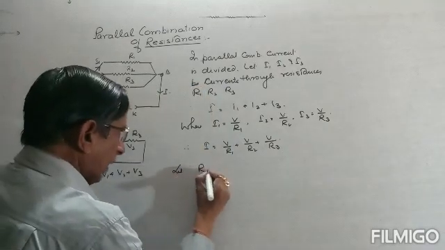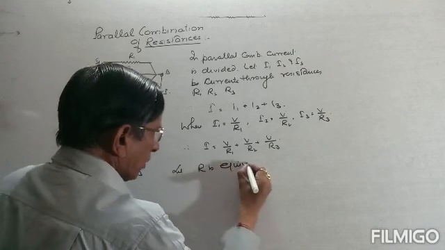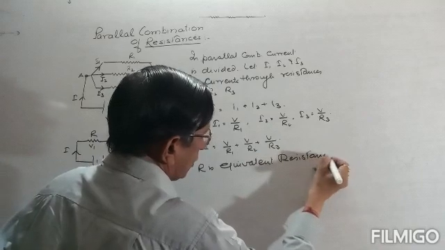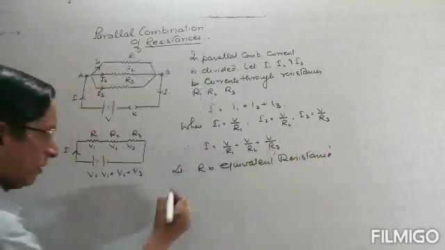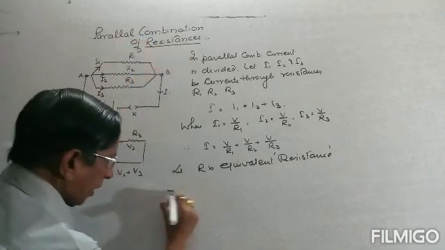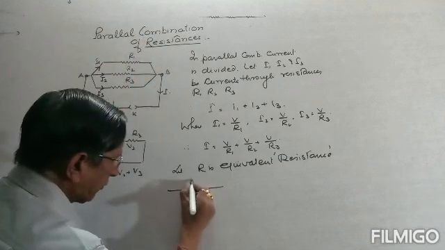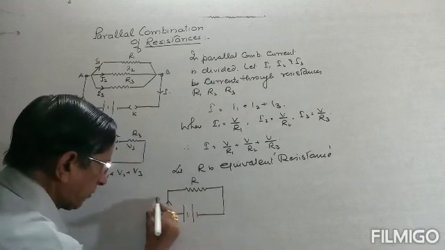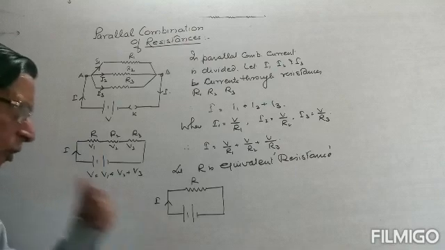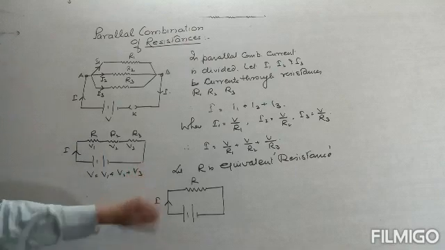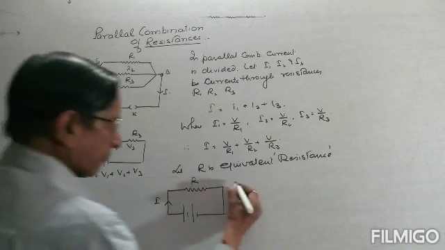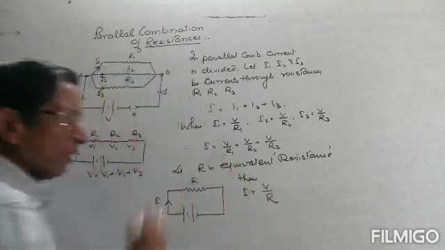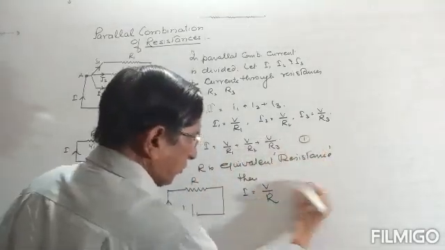Let R be, pay attention, the equivalent resistance. What is the meaning of this equivalent resistance again? In place of these resistances, I use a single resistance R so that on applying V volt across it, the current in the circuit remains same. Then R is called equivalent resistance. So I consider R is the equivalent resistance. Then we can write I is simply equal to V upon R. Equation 1, equation 2.